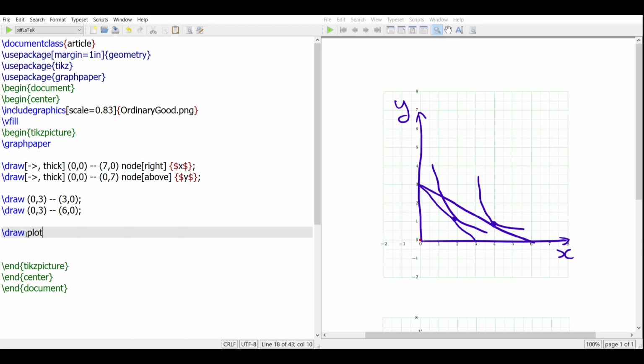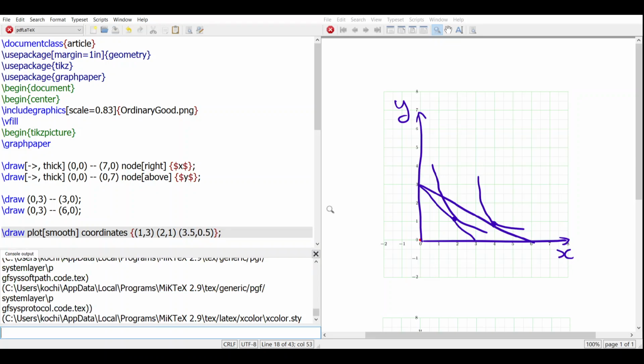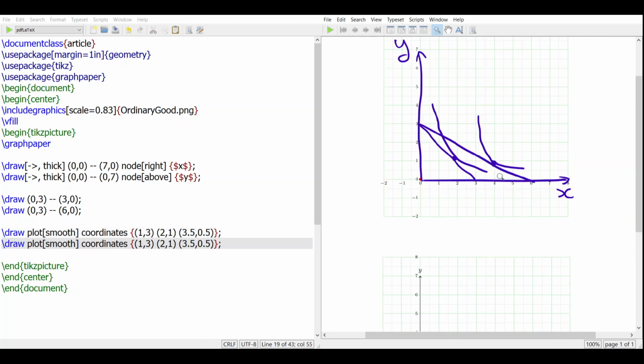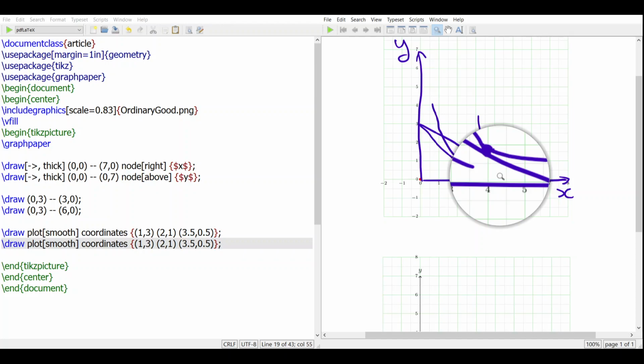And what should be the first coordinate? Maybe 1, 3, if I follow what we are doing. 1, 3, and then 3.5, .5. Let's see if this one would work. Let's compile this and see if it works as intended. It seems okay, it's exactly what we want. Now we copy this and see which point we're doing next. Maybe this is 4,